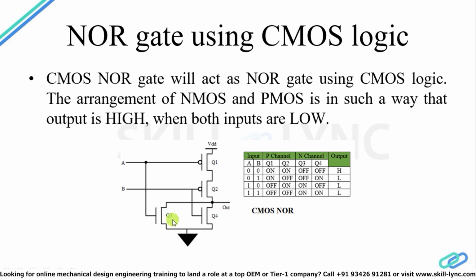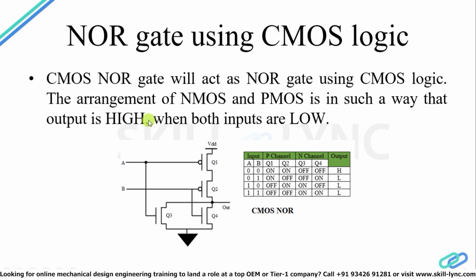Okay, for 0 1 or 1 0: for 0 1, Q1 is on, but Q2 was off, that's why the series path was not completed, it is 0, means low. When 1 0 is there, again series is not completed, so in the parallel path either of the two is working, so it is going towards the ground, it is low. Now 1 1: Q1 is 1, it will not work, and Q2, B is 1, it will not work, means this path is not working, but yes, my NMOS will work when it is 1. So both Q3 and Q4 are working, it is connected to ground, that's why it is low.